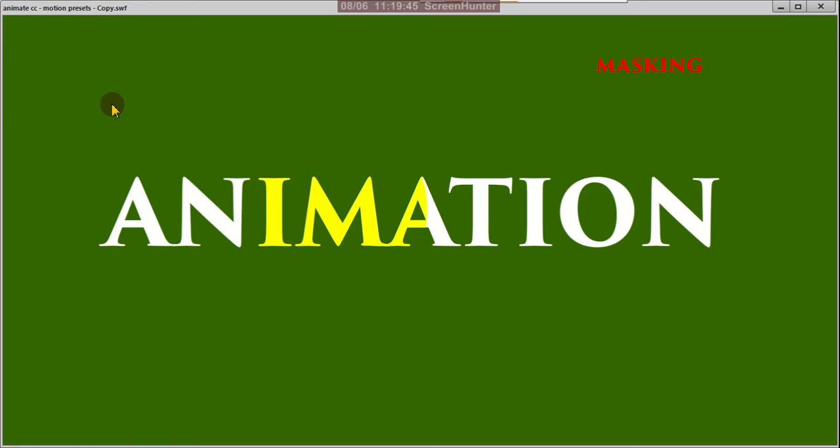On the text animation, the yellow portion is covered by the mask. This is like a focus light on a particular area. We are focusing on your required area with your mask shape.